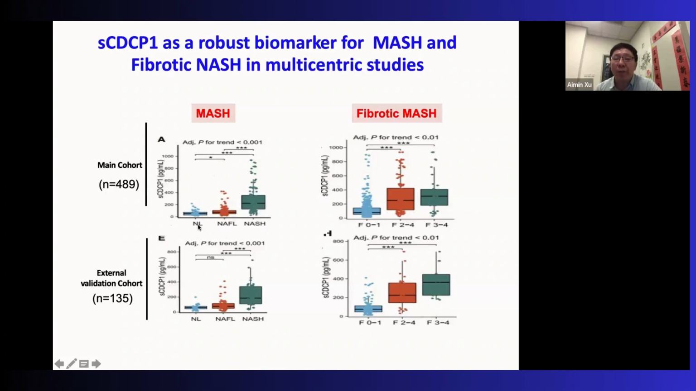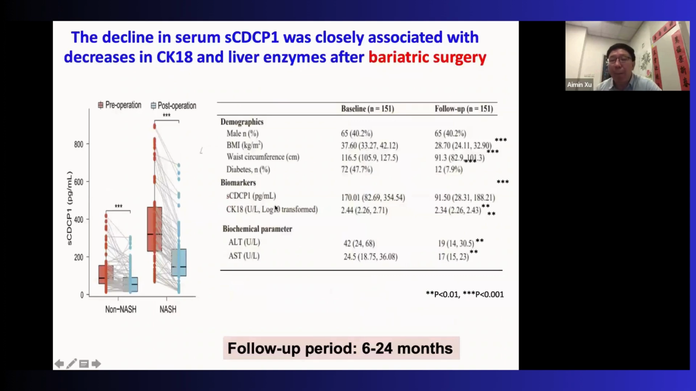also normal liver. It is also closely associated with fibrosis. Patients with advanced fibrosis and significant fibrosis, F2 and F3, in both the main cohort and the validation cohort, have clearly higher levels than those without fibrosis. And then in bariatric surgery patients, we have done up to a 24